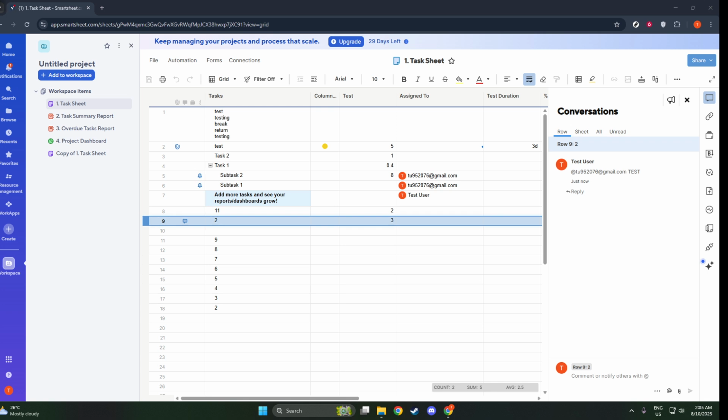And that's it. Tagging someone in Smartsheet is a straightforward process that, once mastered, significantly enhances how your team communicates within Smartsheet. Remember, using the comment and tagging functions effectively can keep everyone aligned and informed, which is essential for